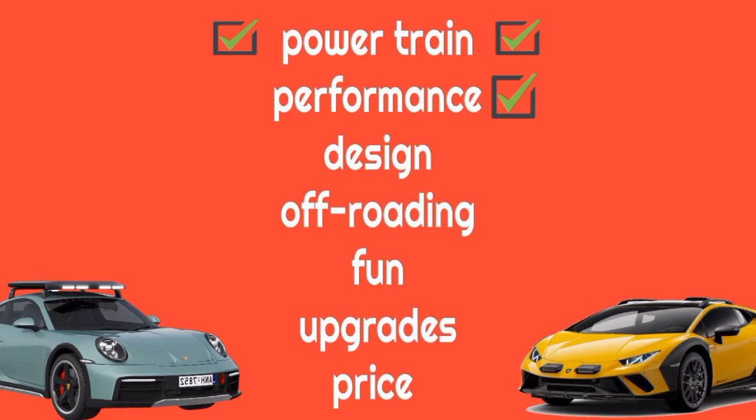The Sterrato looks way better, to be honest. So for the overall best in design, I'll give this one to the Lamborghini Huracan Sterrato. And now,